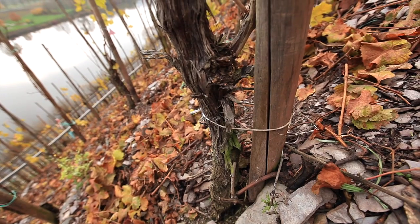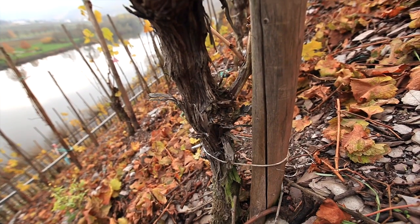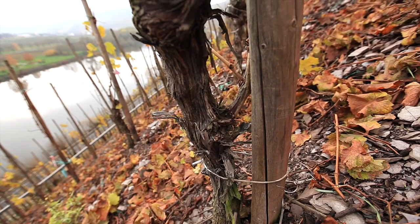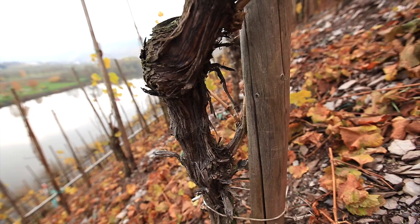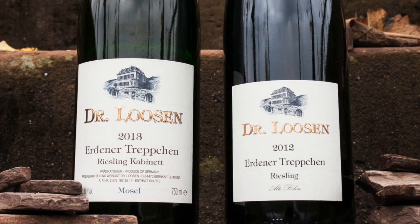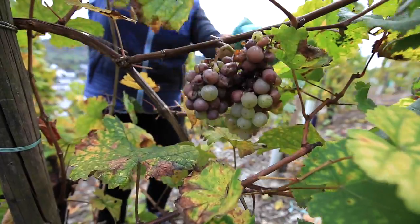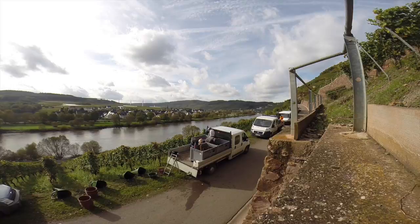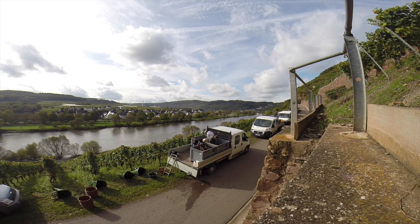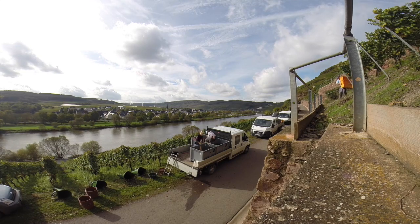Here, in the oldest part of Treppchen, we have an excellent parcel of 100-year-old vines where we harvest our dry Riesling. From parcels down there in the reorganized part, we get our Kabinett and Spätlese wines. The fruit for our sweet style Botrytis wines comes from all over the vineyard, wherever Botrytis has developed. The affected fruit is selected out by the pickers during the harvest and vinified separately to produce Auslese, Beerenauslese and